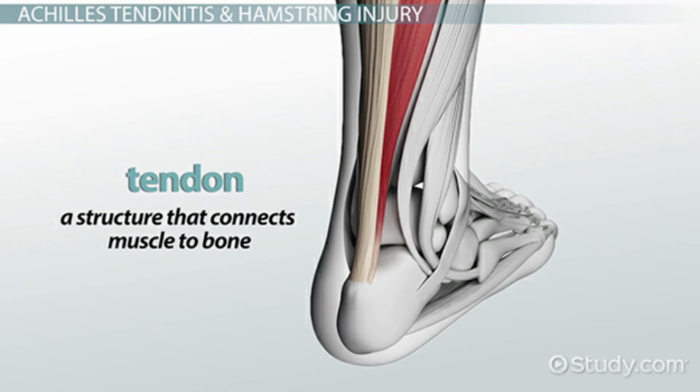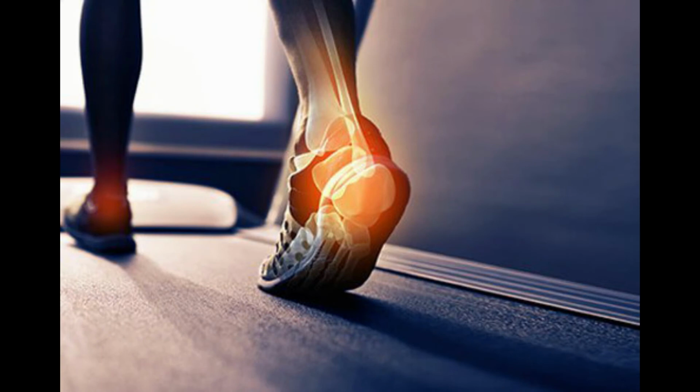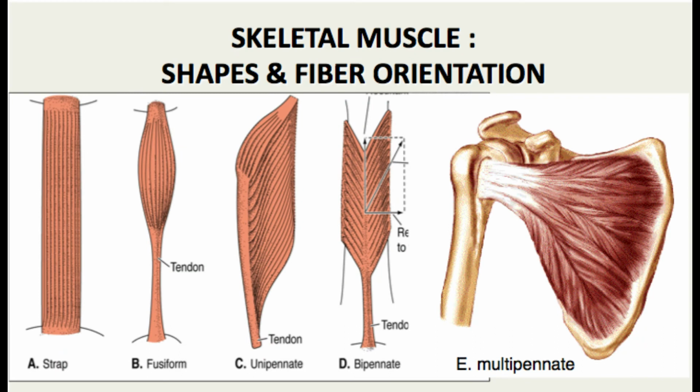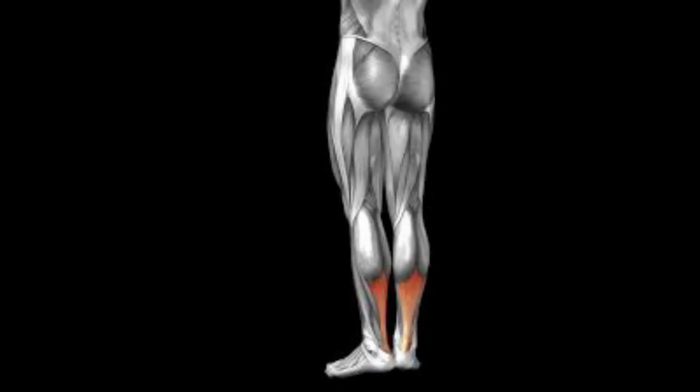The structure of the muscle exactly serves its function. For example, a strap-shaped muscle is found in places where it is necessary to execute a large range of motion quickly. A multipennate-shaped muscle can be found where movements over a small range but of great strength are required. To assess the effect of the muscle, the clinician must also know where it is attached in relation to that of the joint.